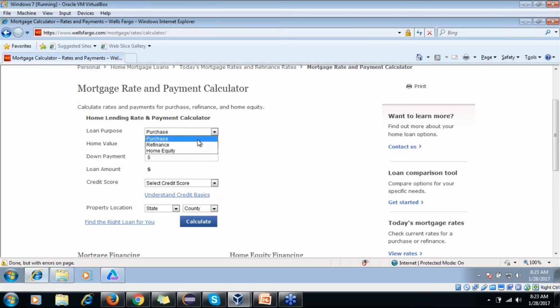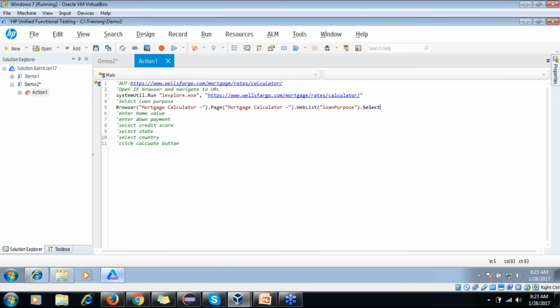Or you can use the name of these options in this drop down list. So you can choose what option you want to select. So first let me use this, and it is purchase.